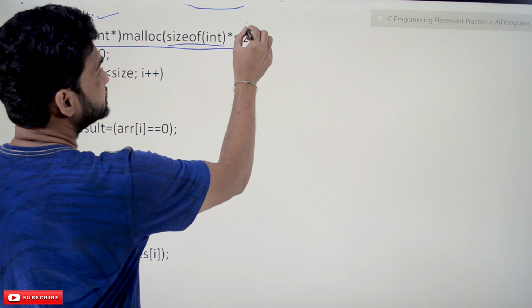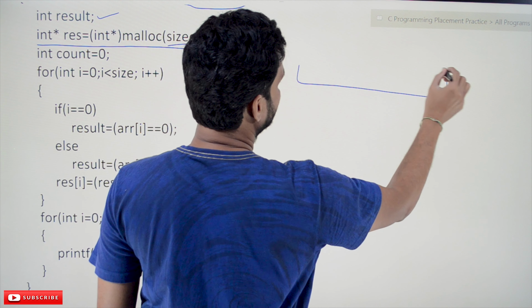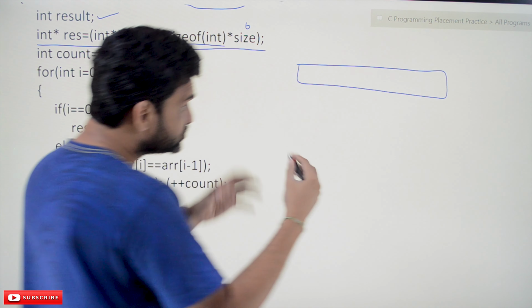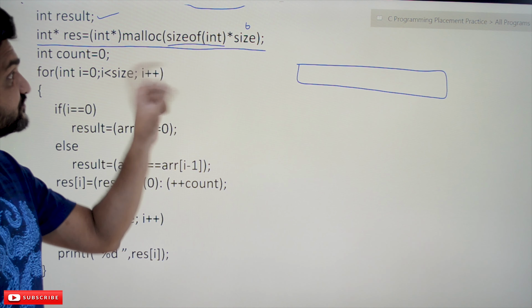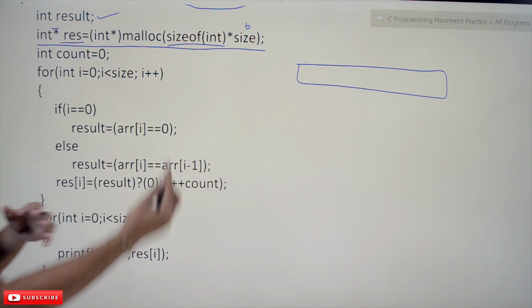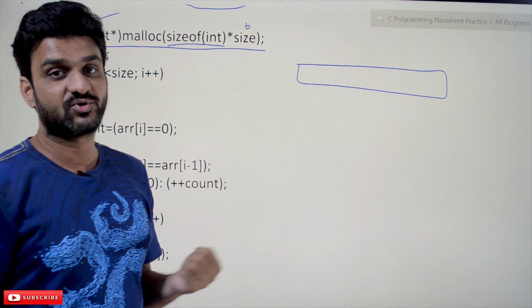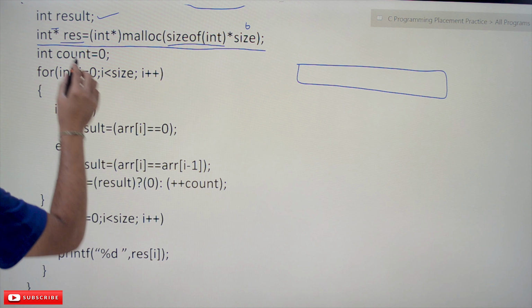So, size of the input array. How much space will get created? The new space is allocated. It is not an array, but we can access it as an array since it is assigned to the integer pointer. These concepts are already discussed in our C programming course, so that is the reason why we are going very fast.